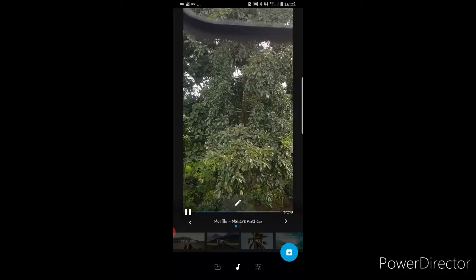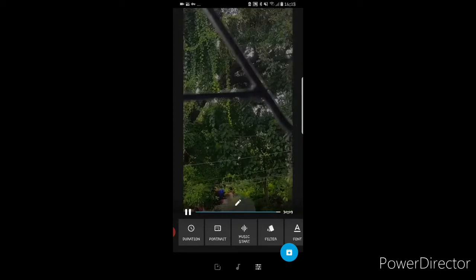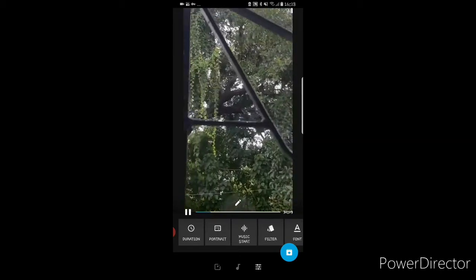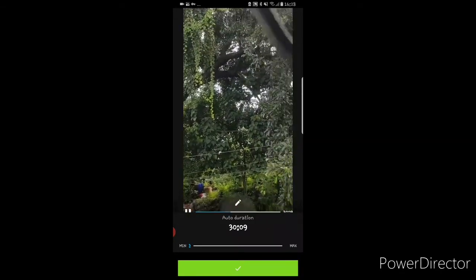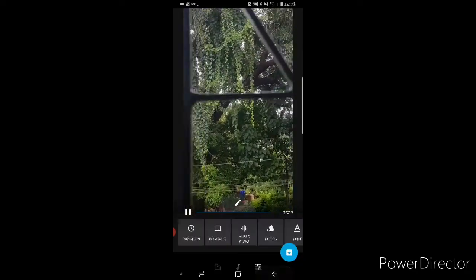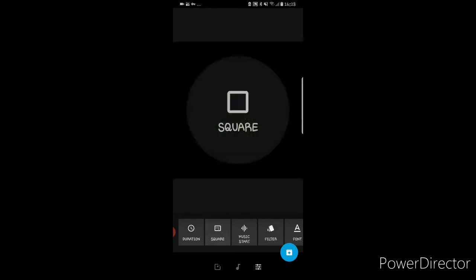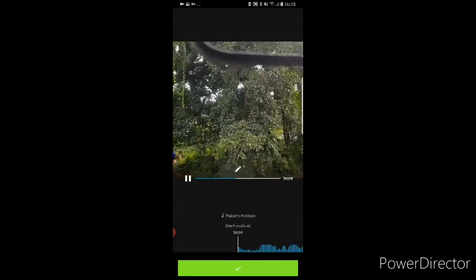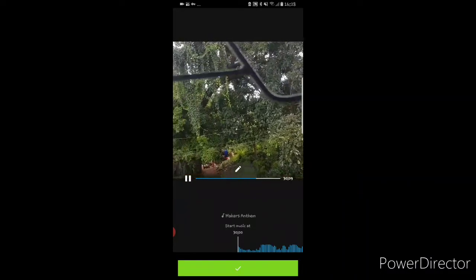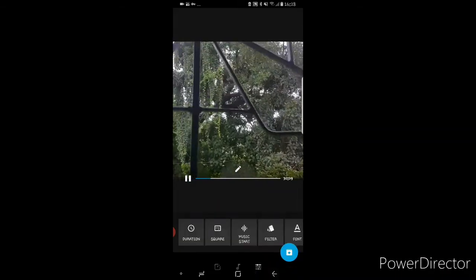And next to that music button, there are 3 lines. You can click on that, and there is this option as duration. If you select duration, it will show you how long the video is, and you can adjust accordingly. This was about duration. This was again about portrait. As I said, you can keep it either landscape or portrait, whichever option you like. Again, when you set your music, whether you want it at the beginning or in the middle or maybe at the end, that also depends, so you can select that.